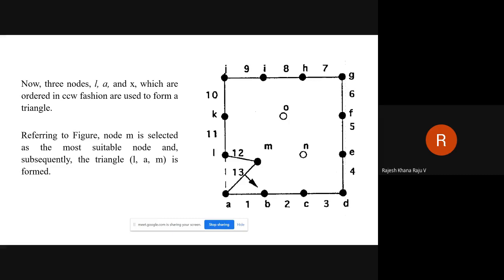Using this edge LA, we found that M is the most suitable node which falls on the left hand side of edge LA. So now we have created a triangle using that node, LAM.